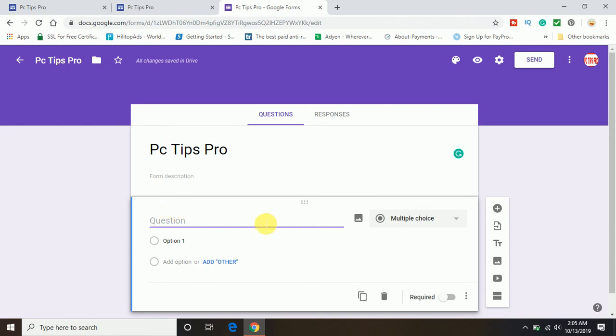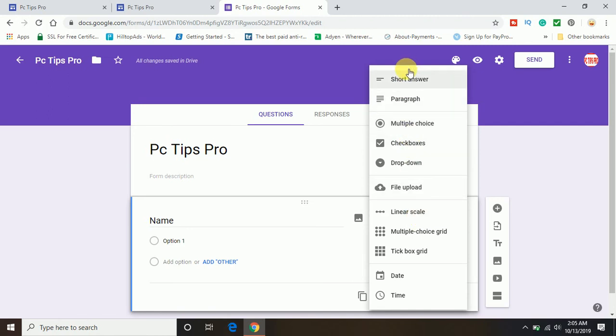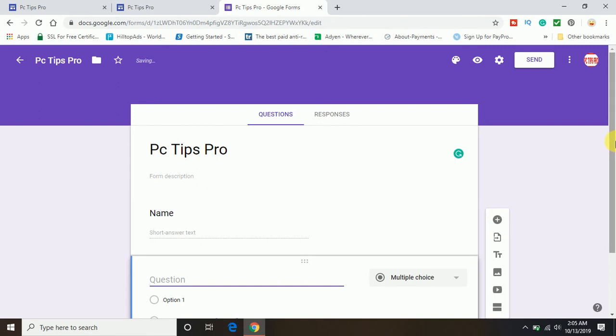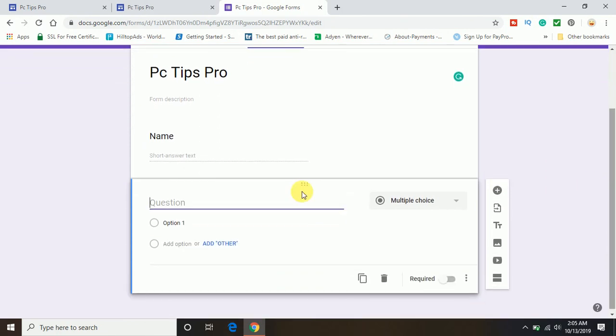So here you can enter the question. I want to accept the name of the visitor, and I don't want to do it for multiple choice. I want to keep a short answer. In the same way, you can create a new one. To add a new question, at the right side you can see a plus sign. Click on this plus sign, then a new area will come up. In this area, I want to accept the information which is